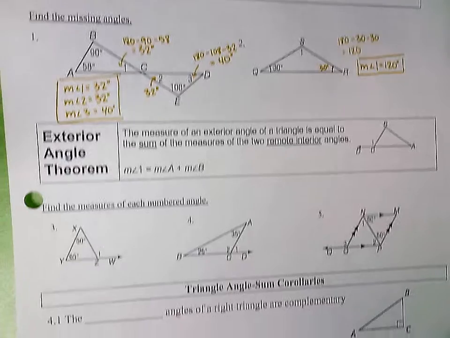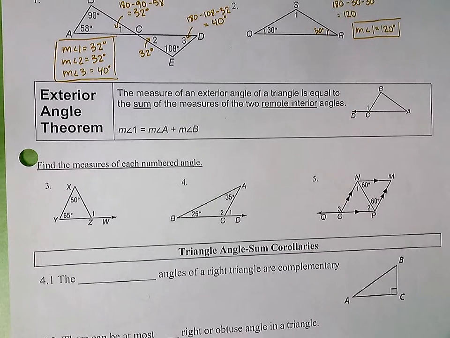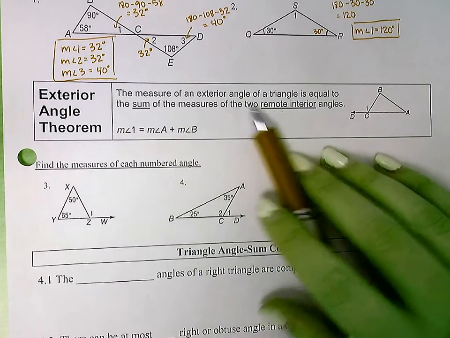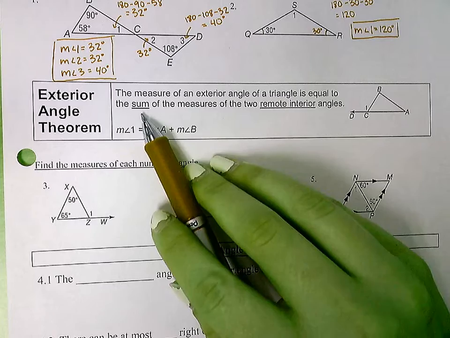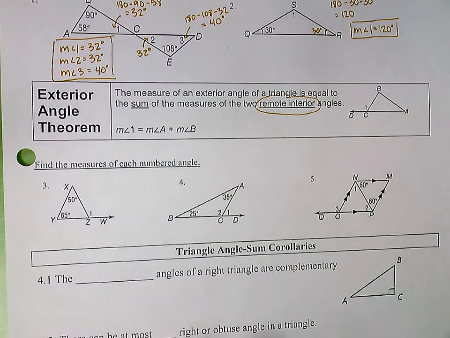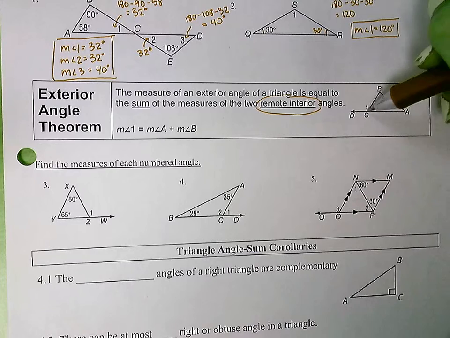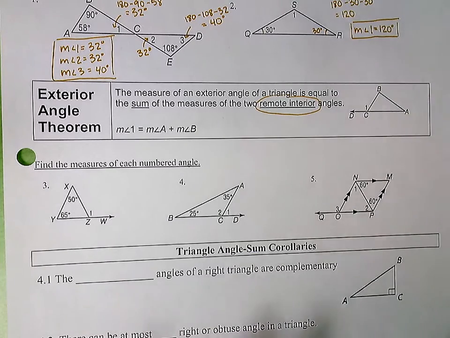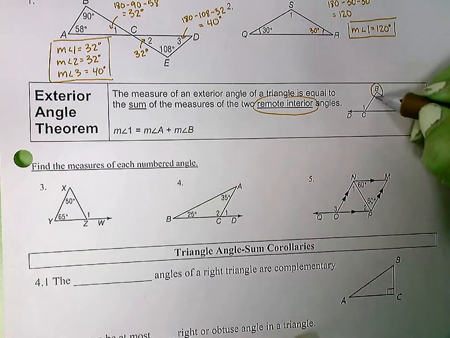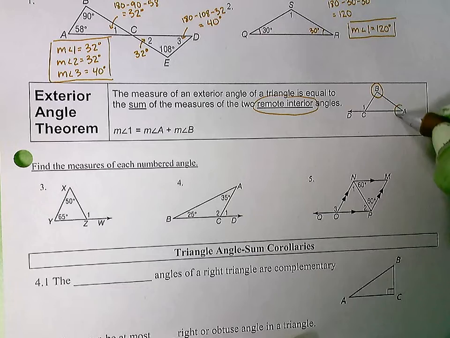So our next theorem we have here is the exterior angle theorem. That states the measure of an exterior angle of a triangle is equal to the sum of the measures of the two remote interior angles. So if I look at my picture here, angle 1 is your exterior angle. It's on the outside, hence exterior. It's outside your triangle. To get the measure of angle 1, I can take angle B and I can add